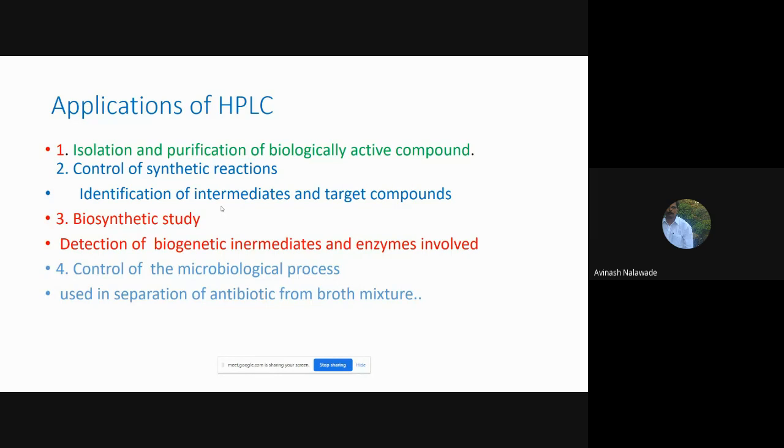Then the control of microbiological processes. You know that in the broth mixture, antibiotics are actually produced. For antibiotic production, what do we do,